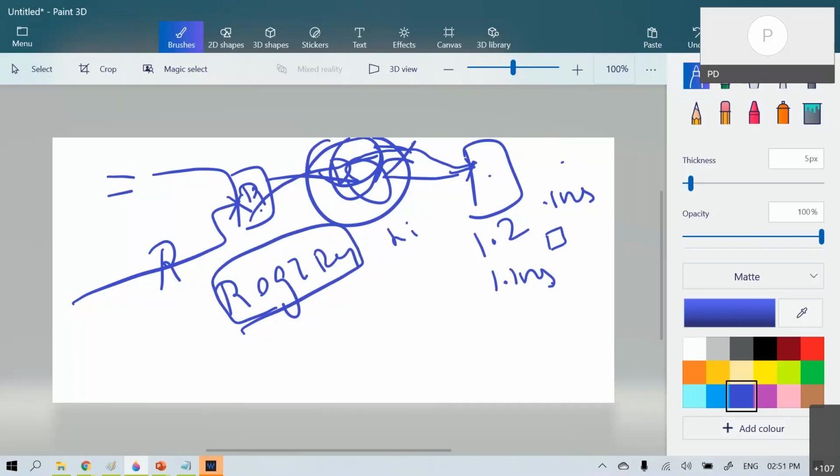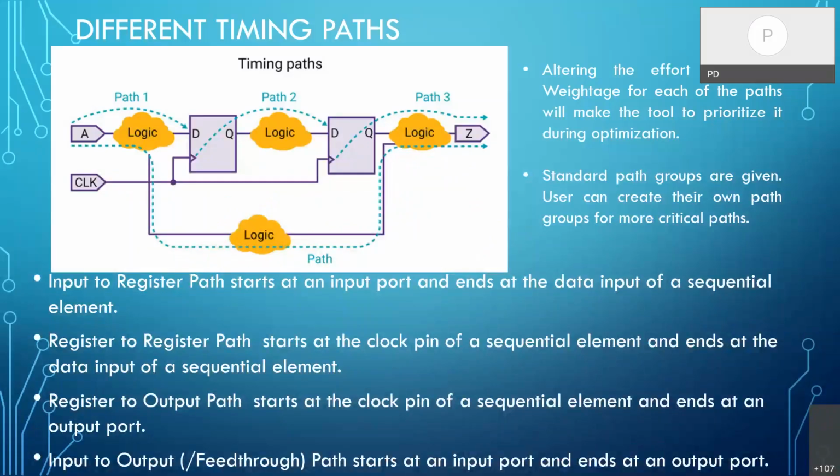It doesn't mean it will ignore the other paths. It will give less priority to input to reg or reg to out, like that. So this is one of the methods to get better optimization. We are just instructing the tool to prioritize the paths.